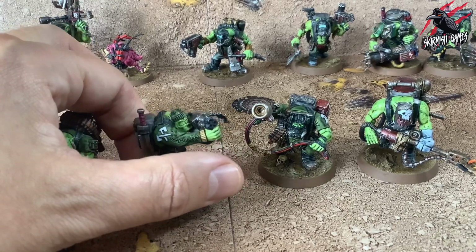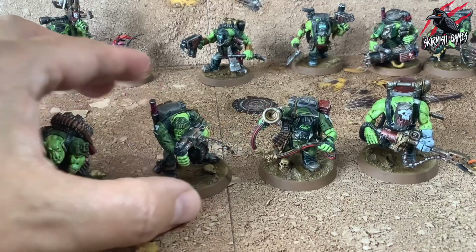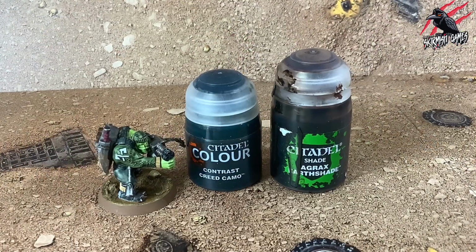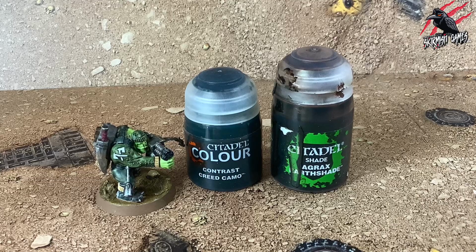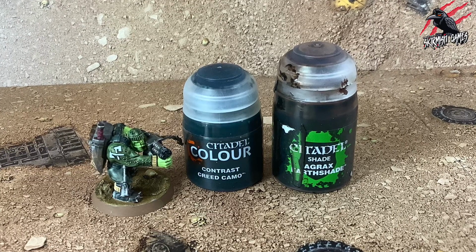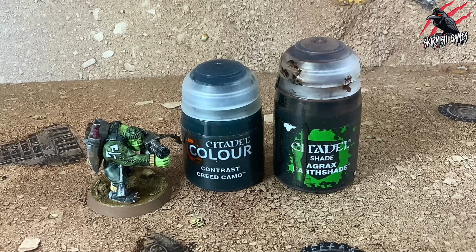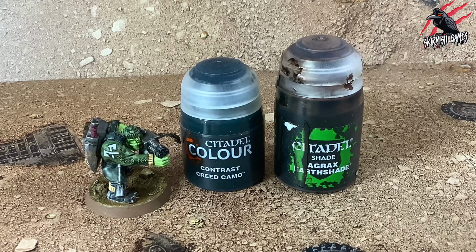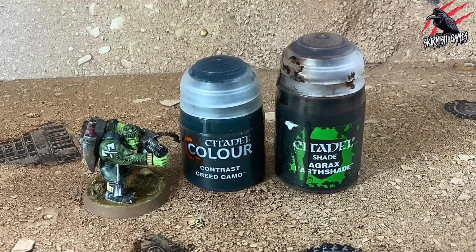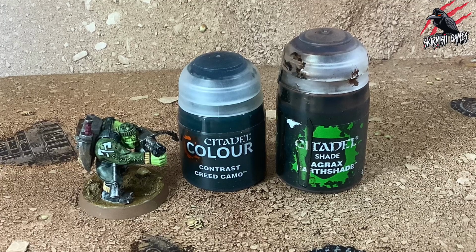I think it works really nice when we compare it to the other greens, like you can see here with the Dagger Boy. Then I wanted to find a green combo that would work on the clothes, and I tried a few different recipes using all the different contrast paints and mixing them with different layers of shades, and I came to this one, which is the Creed Camo contrast paint. Again, one layer of that, nice and thin, let it dry, and then I put a coat of Agrax Earthshade